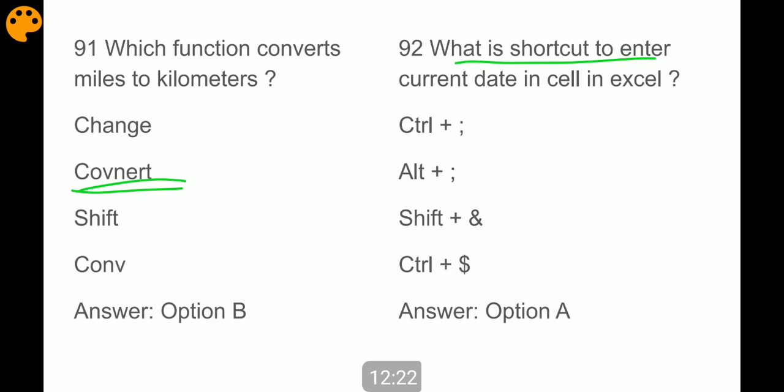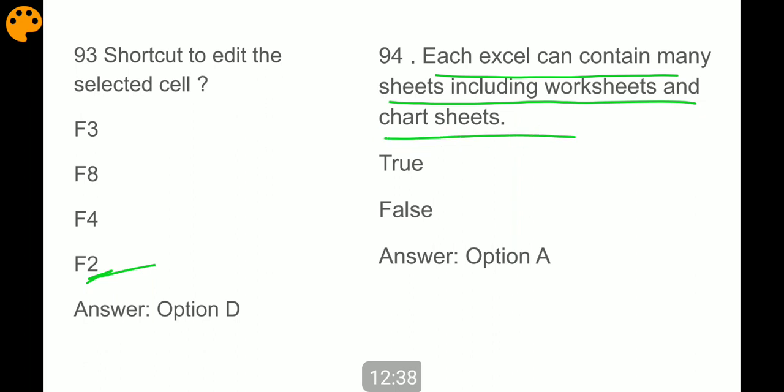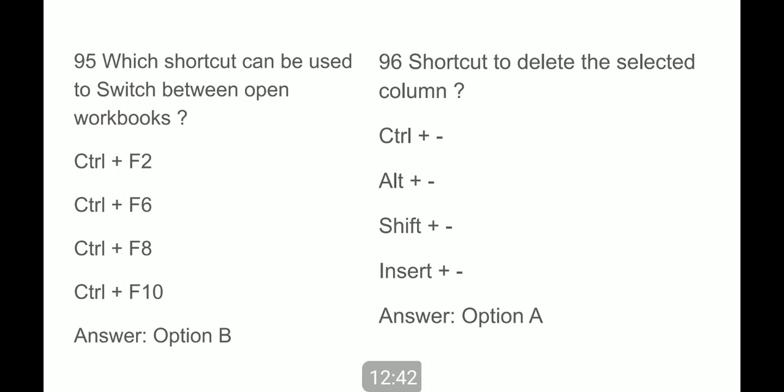What is the shortcut to enter the current date in a cell in Excel? Control plus. Shortcut to edit the selected cell. F2. Each Excel file can contain many sheets including worksheets and chart sheets. It's a true statement. Which shortcut key can be used to switch between open worksheets?